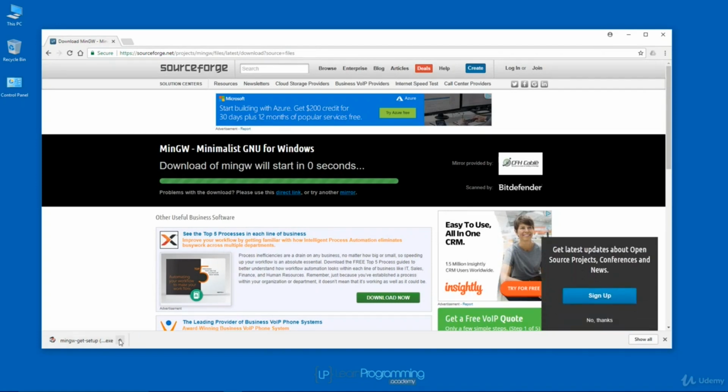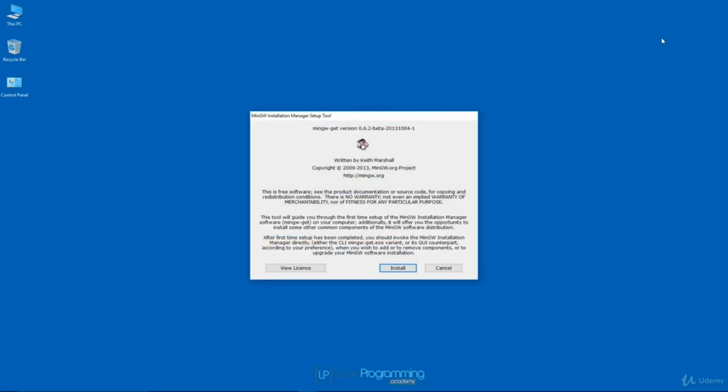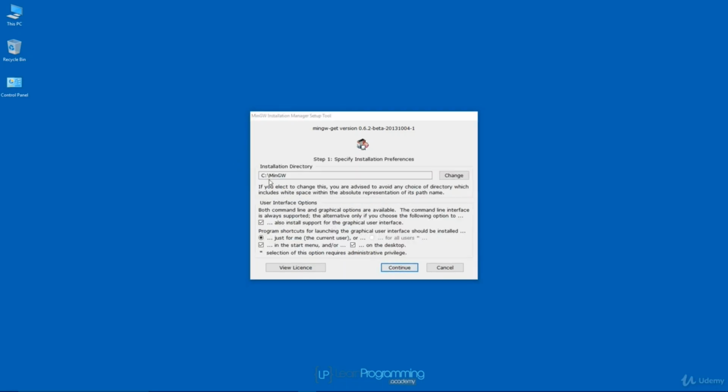Okay, so I'm finished downloading here. And what I want to do is just run that installer. So I'm just going to double click on it and I'll close down the browser. Okay, so what we're going to do here is we're basically just going to follow the installation wizard. I'm going to install, and I want to install in